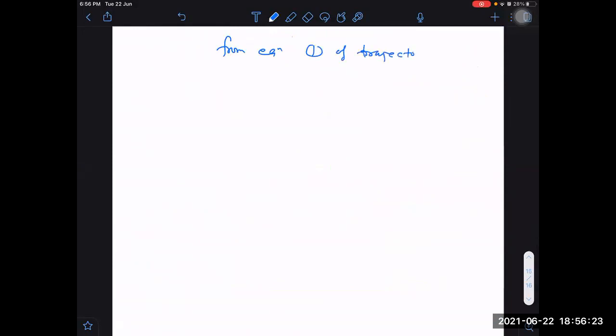From equation 1 of trajectory, which is y is equal to, what was that? ux into, now see the derivation. You are talking about derivation, right? Let us derive the equation of trajectory in one step. First of all, you understand I have to write y is equal to uy into time minus half of g into time square. So here it is time and here it is time square. Is it right or not? But don't fill that time here. Instead of filling that time, you understand that time will be nothing but displacement along the x-axis.